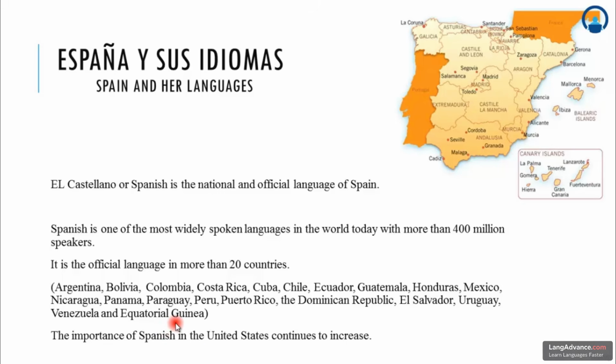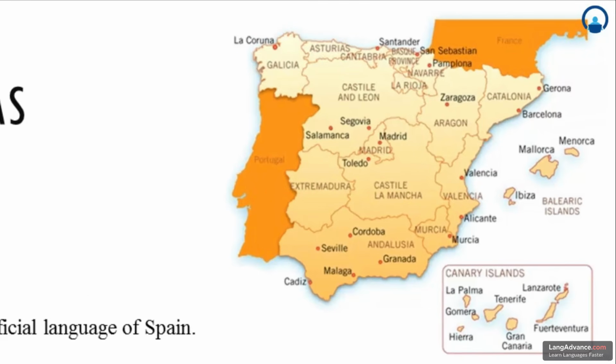El Castellano or Spanish, also called Español, is the national and official language of Spain. The map of Spain on the top right corner illustrates the regional distribution of language across Spain. In Catalonia, they speak Catalan with its variants. In Valencia, over here, they speak Valenciano, and in the Balearic Islands, over here, they speak Mallorquin. In the Basque country, that's above, the language spoken is Vasco, and finally in the north, in Galicia, they